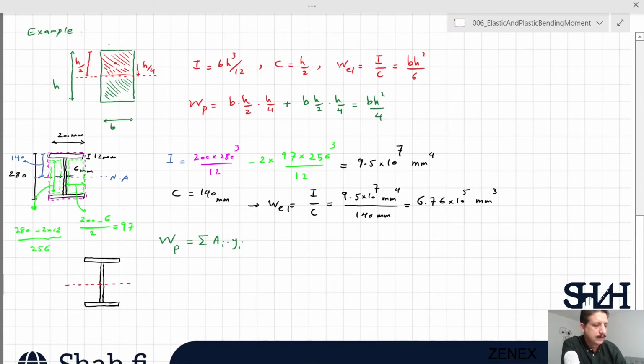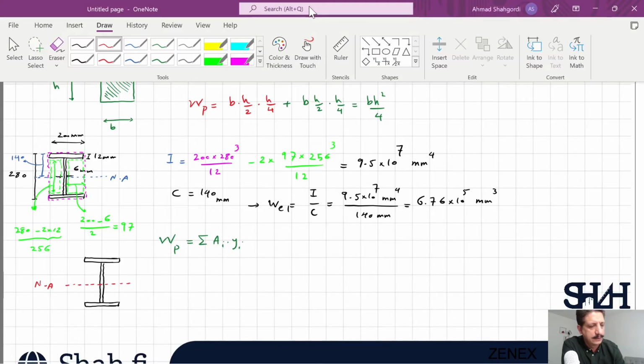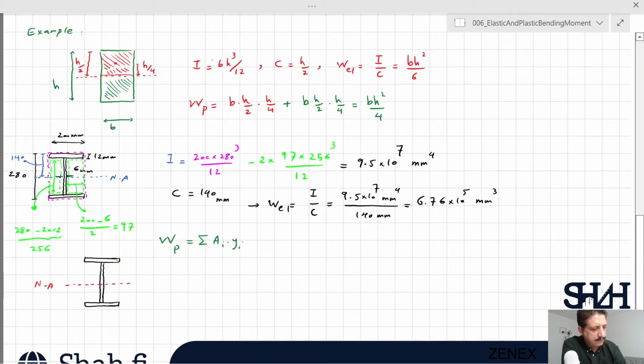So this is the neutral axis, and here we can go through the flange. The area is 200 times 12, and the distance is 140 minus 6, 134 millimeter. And as far as I have two sides, the same flange, plus